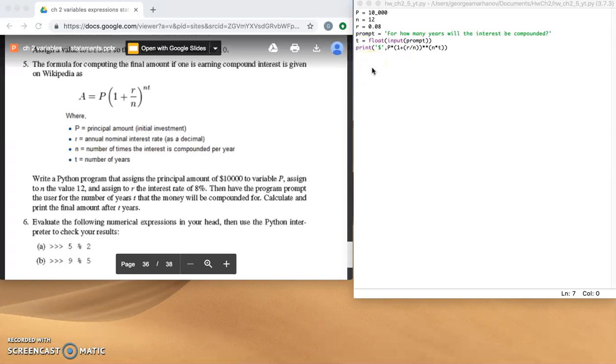That was the trickiest part. And then after they input that T, I've used the print statement, and it's going to print out the final amount. I've input that given equation for the compound interest in that print statement. And I also put the dollar symbol outside just to specify that it's dollars, and I separated that with a comma there. That's also a Python syntax thing with the print statement, that it would print